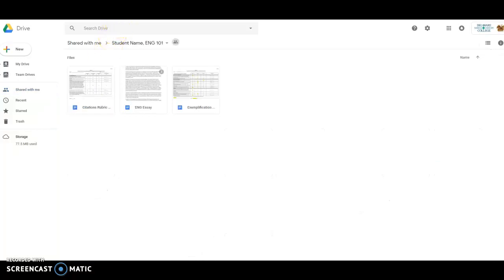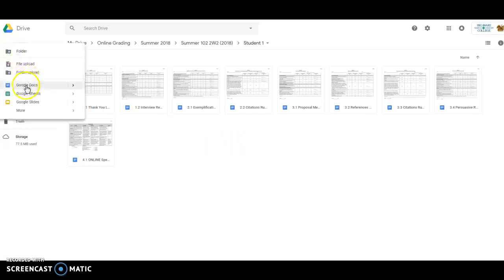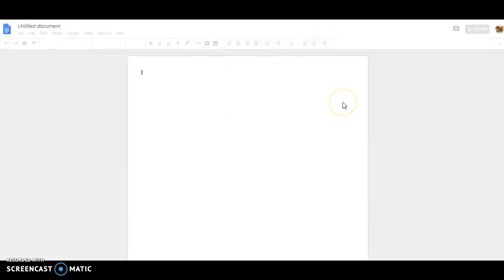Once you go into the folder, what you'll see is a selection of blank rubrics that I've preloaded into everyone's folder at the beginning of the semester. From here, you'll need to upload or create a document when it's time for you to submit an assignment. So if you want to create the assignment right in Google Drive, you can do that by clicking New, Google Doc, which gives you a blank word processing document, very similar to Word